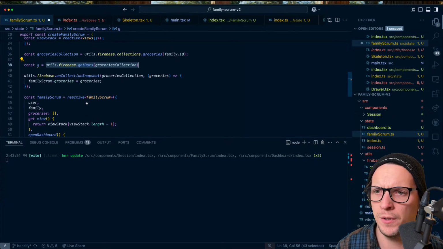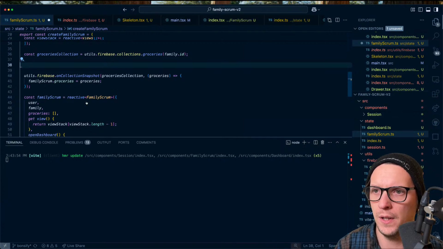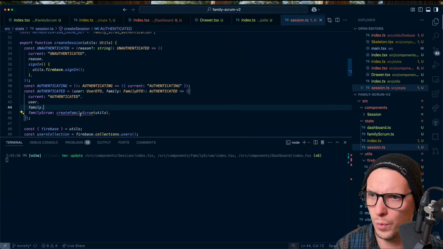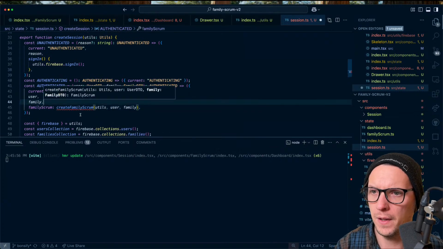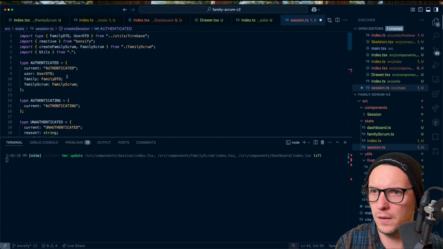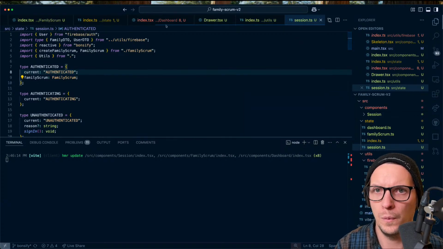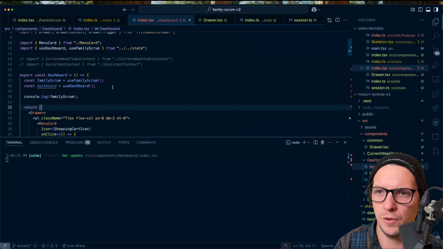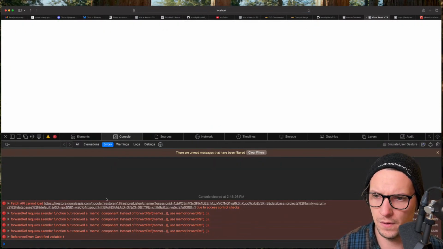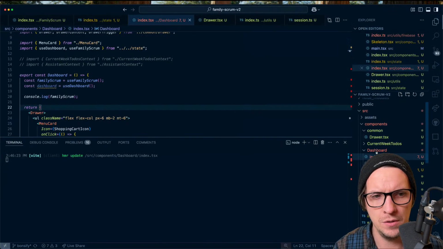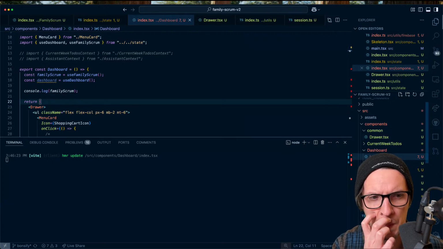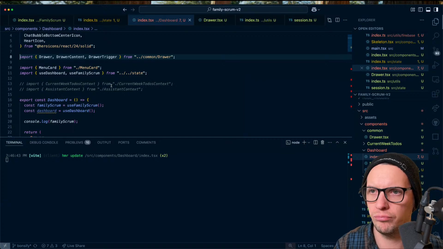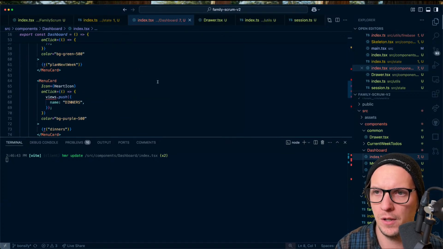And then the question is, we want the initial value as well. So we can choose how we want to do this. I'm just going to try something. User family. We're going to drop having them here. I'm just going to log out because I wonder if that snapshot actually is received. Oh, do we still have issues? Didn't I comment it out? Oh no, I didn't comment it out. This sucks. I just want to look at